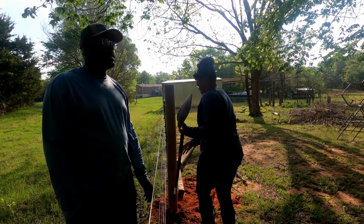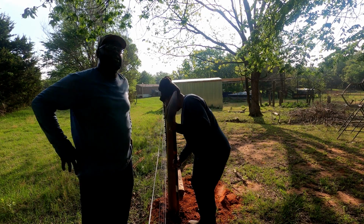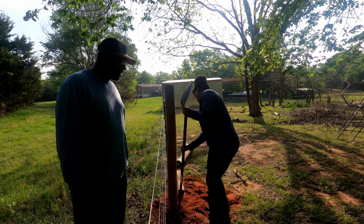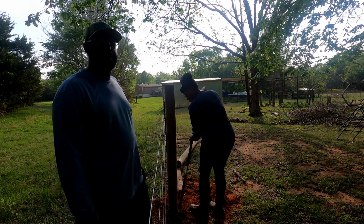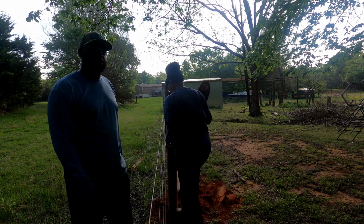Gate up so we can rotate these ladies to the top of the hill up here. Get some of this fresh weeds that's growing this spring. It's a bunch of stuff up there they'll love to eat on. Let them get fat over the summer. And we're gonna continue up the hill, rotate them, and